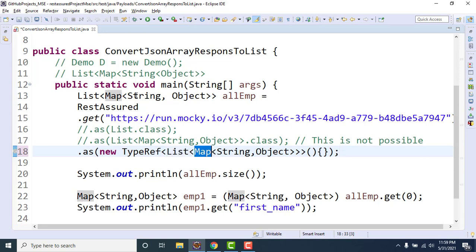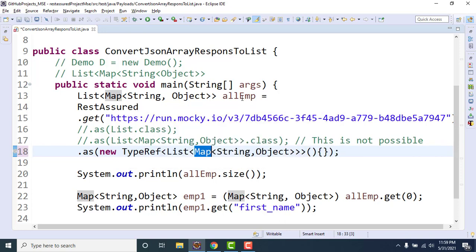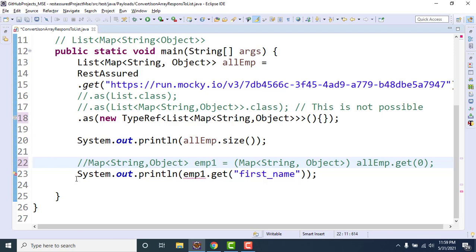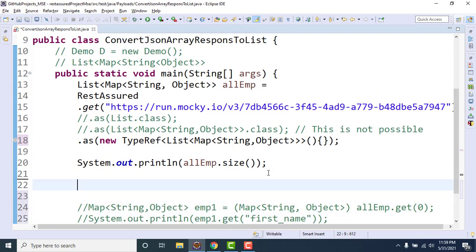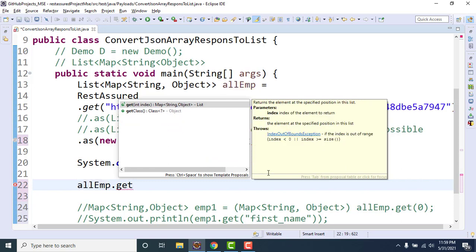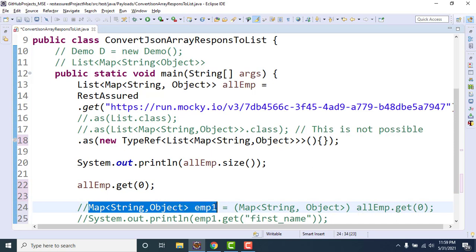Now suppose I get the first index, so let me use allEmployee dot get. Can you see it is returning Map of String and Object, whatever generics we used? So 0, and I can use a proper type.